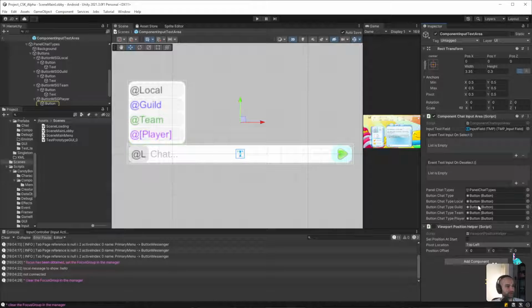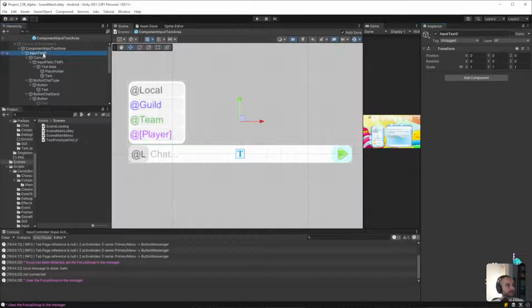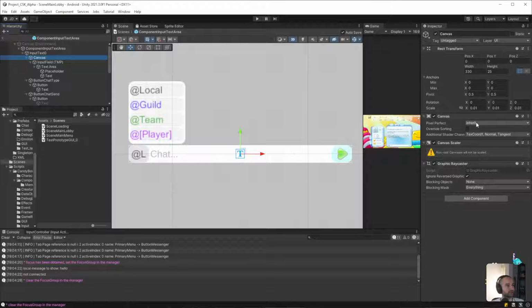Okay, so that's just the buttons. Position at start. This one doesn't auto snap, which is fine. Text, nothing. Canvas, inherit, canvas scalar, object block.